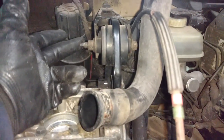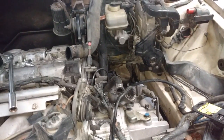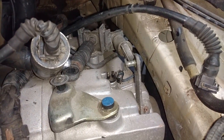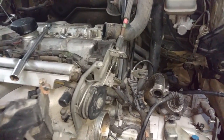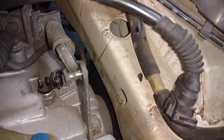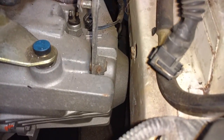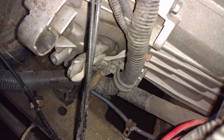Then I'm going to unhook this upper engine bracket. Now, if you're at the junkyard where you'll likely pull this stuff, you're going to let the subframe down, which all this stuff will pivot down from the passenger side, and that arm will clear. However, if you're bracing this engine up and not letting it fall down with the subframe, you're going to need to remove this arm from the transmission, because you won't be able to get it out. It won't clear the frame of the car. Since I'm going to let all that stuff down, I'm going to leave that arm attached. It has a pin in it, pull the pin, slide the arm off. Simple as that. So let me go ahead, get the wire harness loose there,